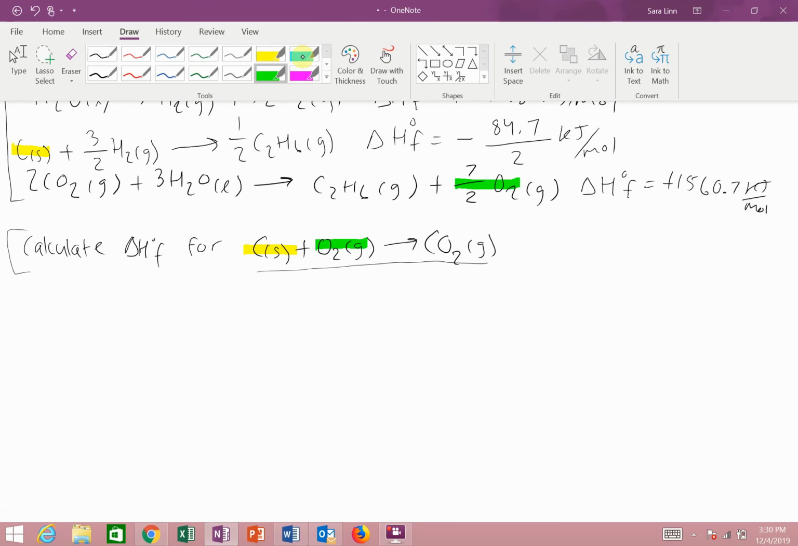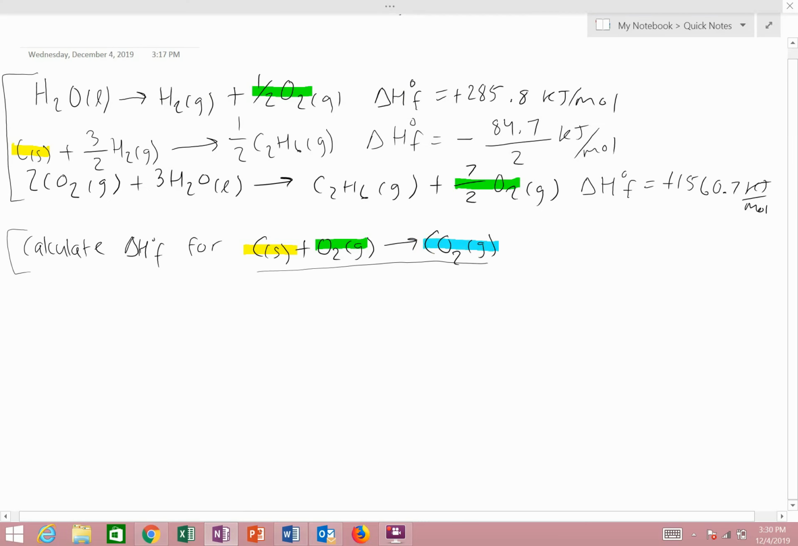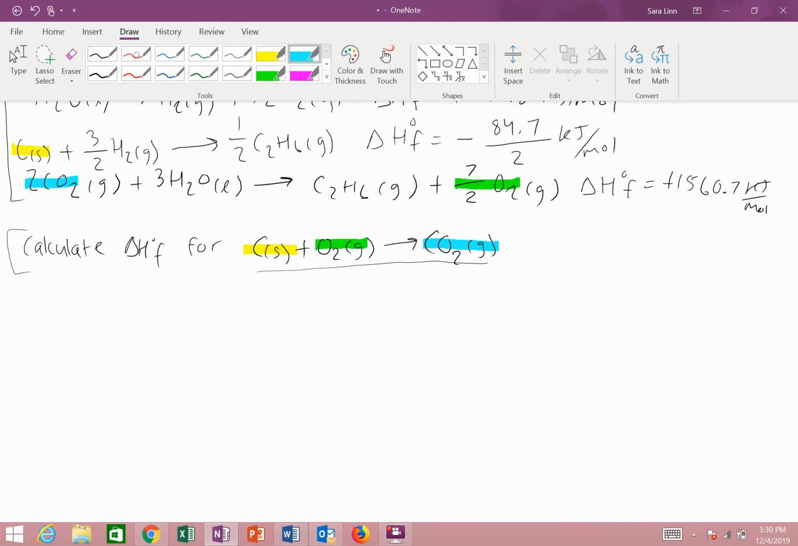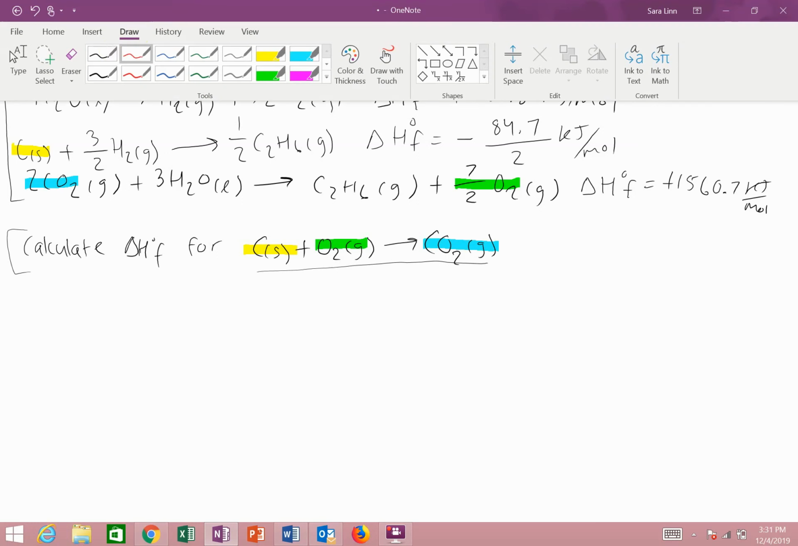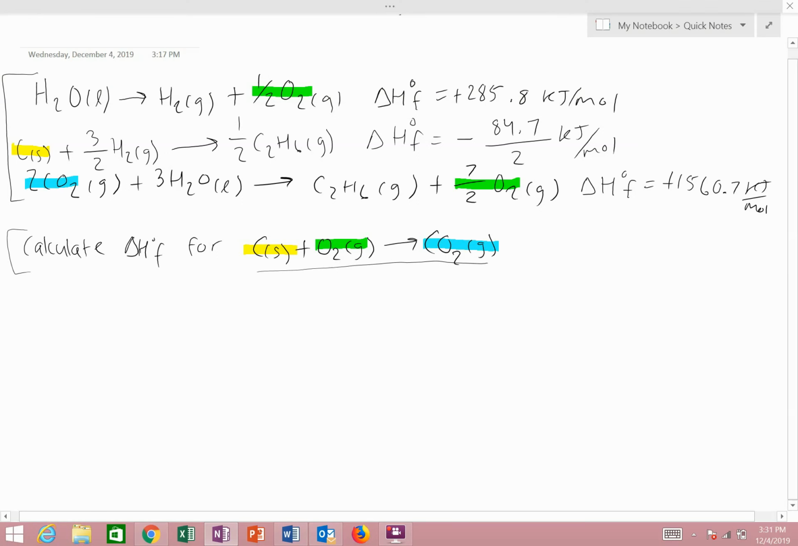So let's go to carbon dioxide. So we need it on the product side and we need 1 mole of it, and right now it's on the reactant side and we have 2 moles. So essentially we need to do the same thing that we did to the other equation. We need to divide by 2 and multiply by negative. So we're going to take this and do, oh gosh, okay, we have half of